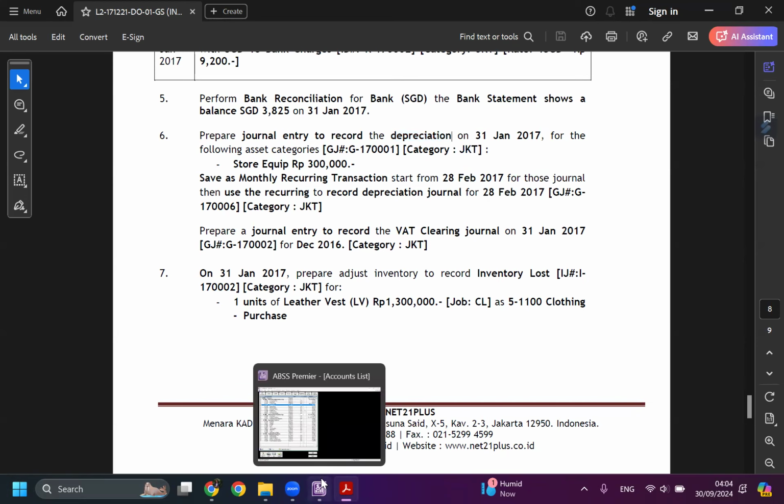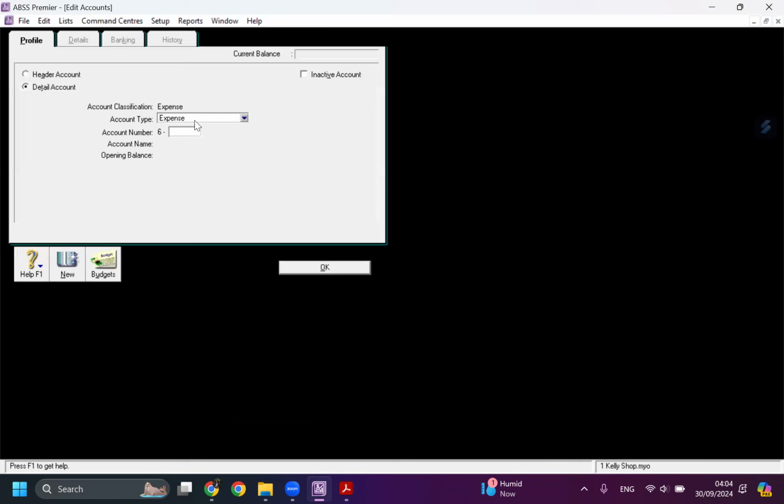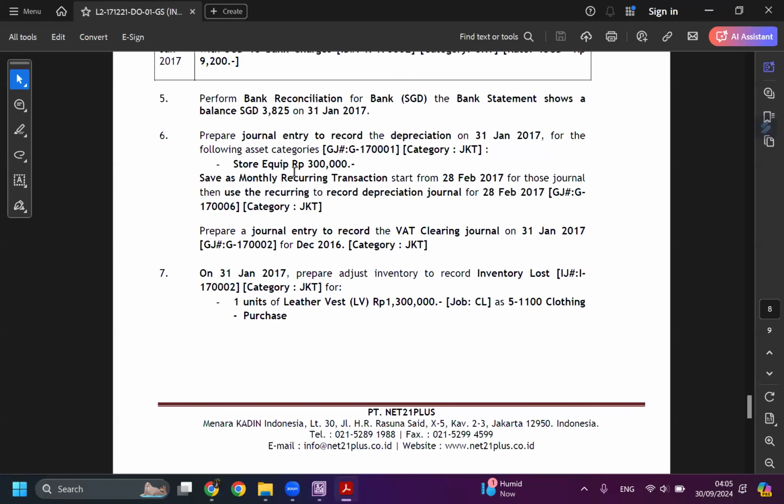Later, if you work, perhaps you will have a specific account for it. Usually they will have this kind of specific account. Go into the account that we choose.